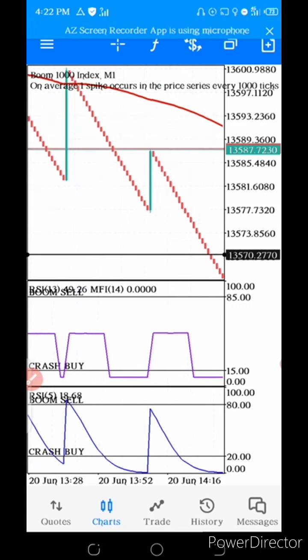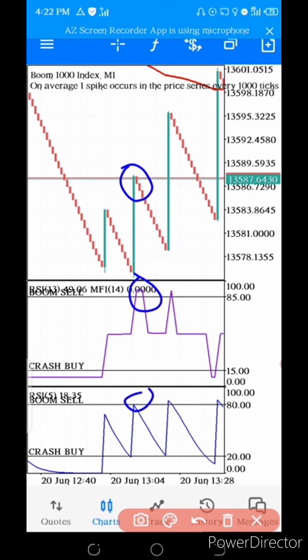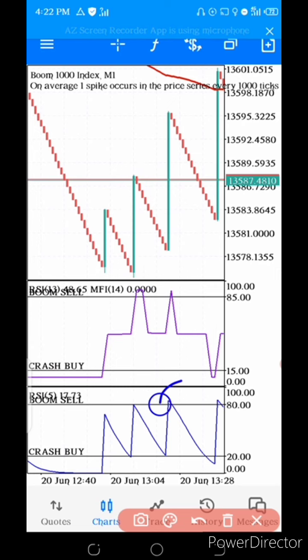Okay, that is it. You can see right here we have the MFI, and we have the market touch the 80 level. It didn't break above, it only touched the 80 level. And if you take this kind of trade, the risk is also on you, because I told you that the RSI must cross above the 80 level. So this trade, you might not want to take it. This might be the trade you would take, this one right here. And you take your 3 candles in peace, or else you will leave the market in pieces